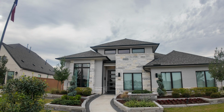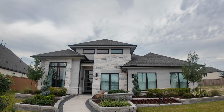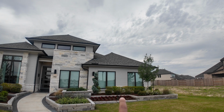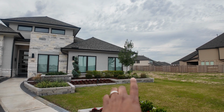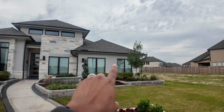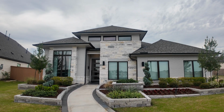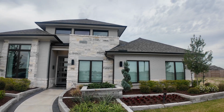My favorite part of this house has got to be the primary bedroom. I think you're going to absolutely love it. Now guys, just keep in mind also, this is the model home, so you're not going to see any driveway. The driveway would be here, and then the garage would be right here in this area. Since it's the model, they're going to be using it as an office space. So let's go ahead and take a look inside, and you guys can see the gorgeous house that is Perry